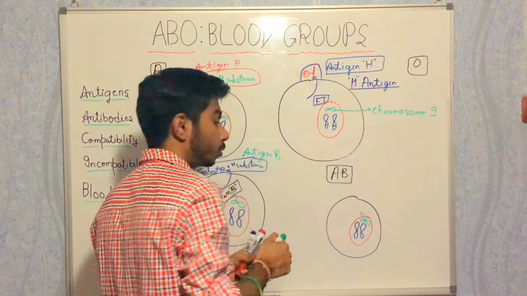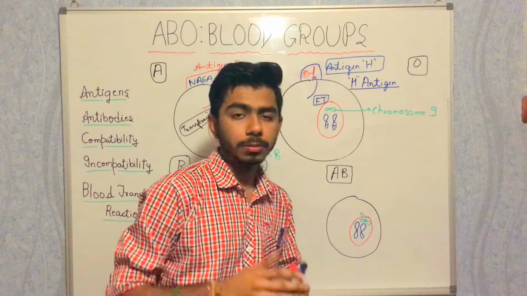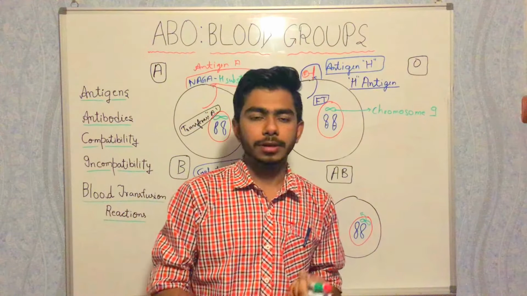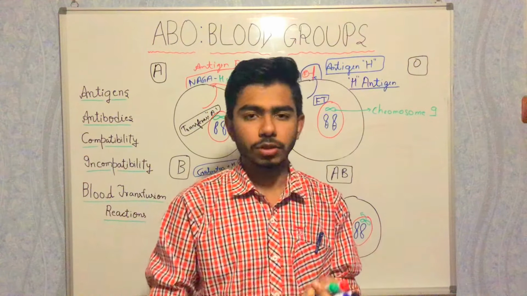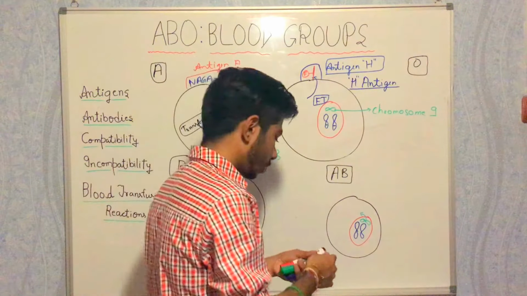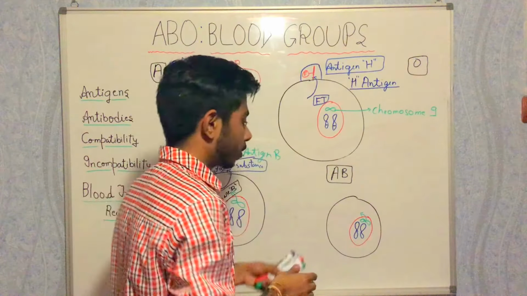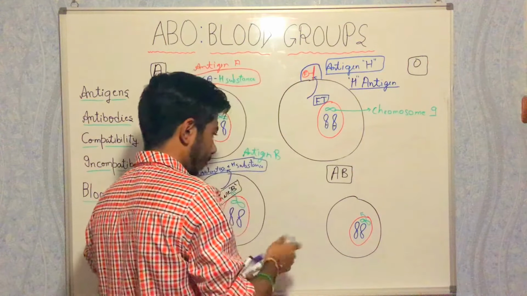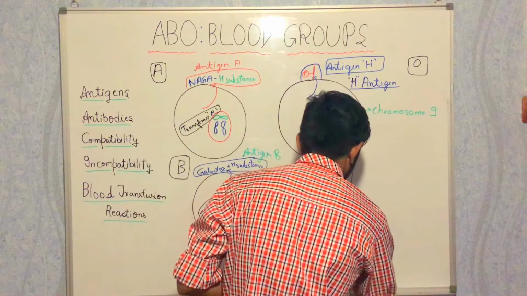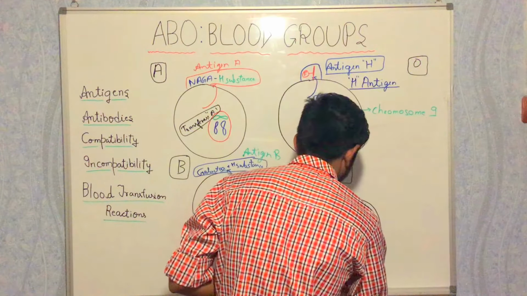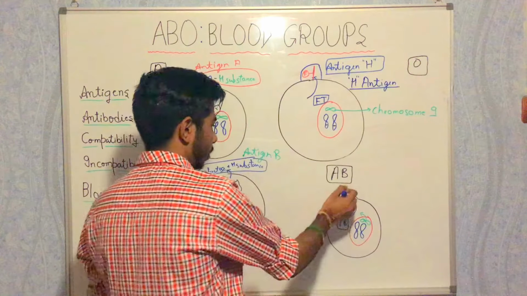Along with both the enzymes, blood group AB has both transferase A, like in blood group A, and transferase B, like in blood group B. So there are both the enzymes in blood group AB. With the help of both these enzymes, they will attach